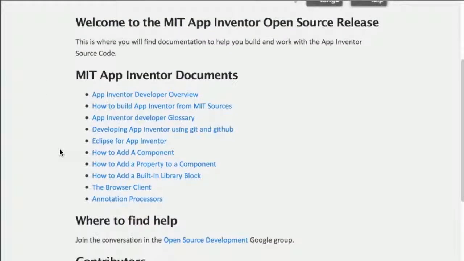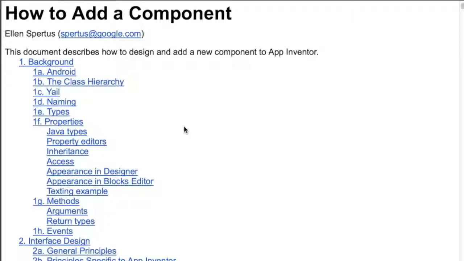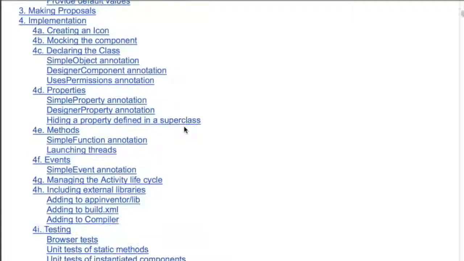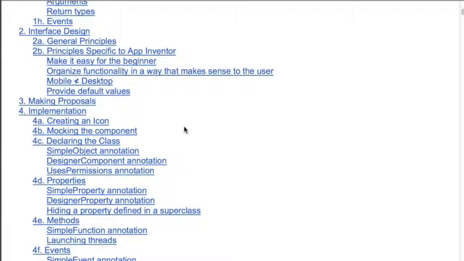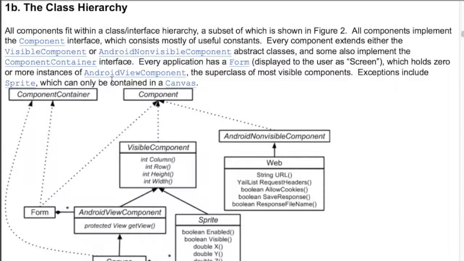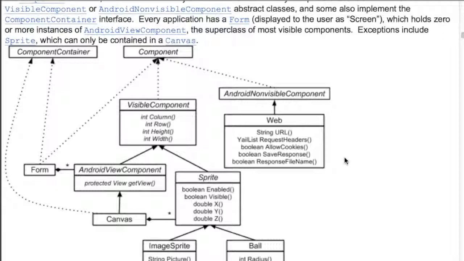The other two documents we are going to look at are how to add a component and how to add a property to a component. Mostly the first one, how to add a component, which is quite a long document, as you can see in the table of contents, but we're going to cut to the chase. And what we are going to see first is this diagram, this figure, which is a high-level